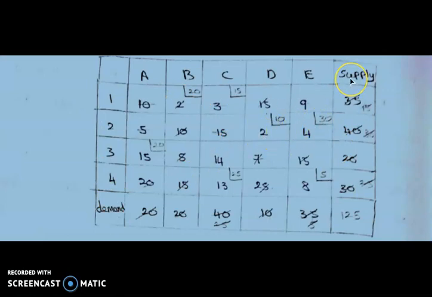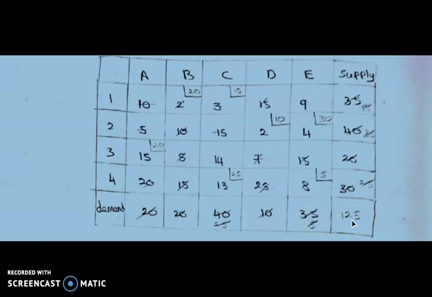Before that, first step, we check that total supply equals total demand. The total supply is 75, 95, 125 and the demand is 40, 80, 90, 125. So total supply equals total demand.